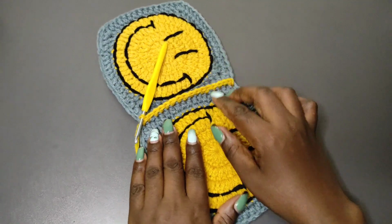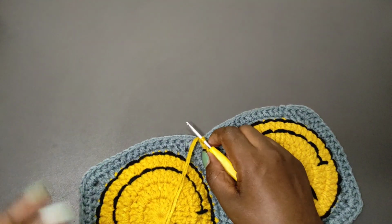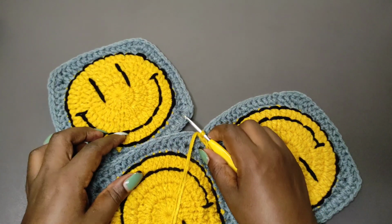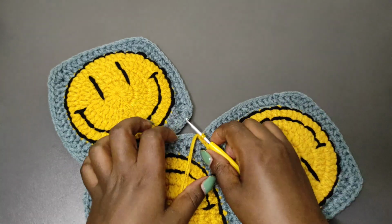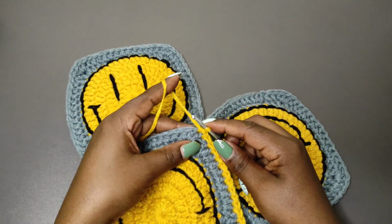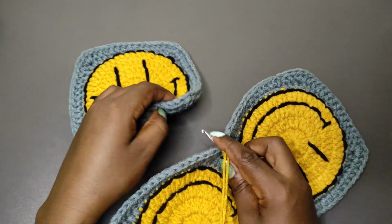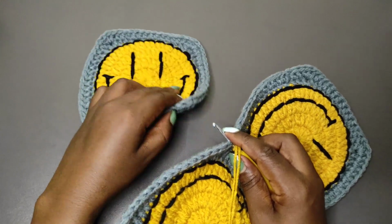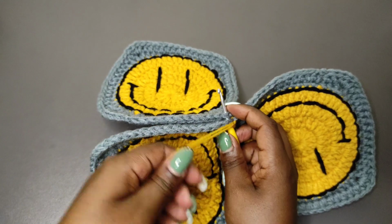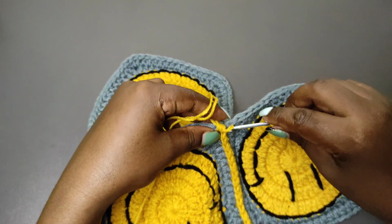When you're done, this is what you should have. Once we get here, we're going to get another square and join it right here so that we don't have to cut off the yarn. And then we're going to start in that same stitch that we've just worked, the middle stitch of this square on this side, and then we're going to get the middle stitch on the square that we are joining. Then work single crochets,